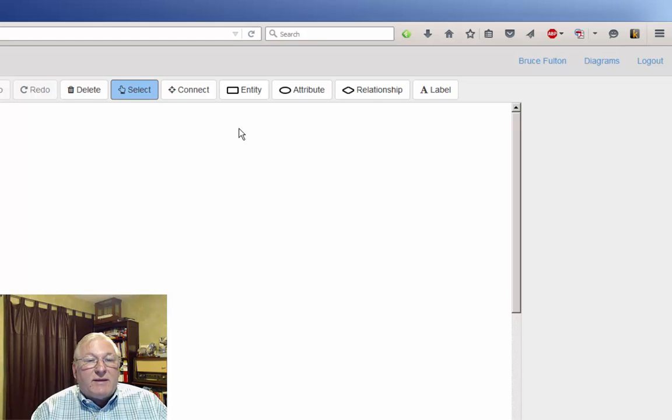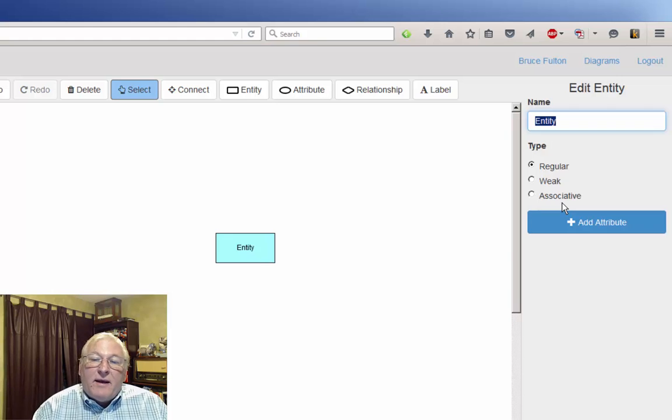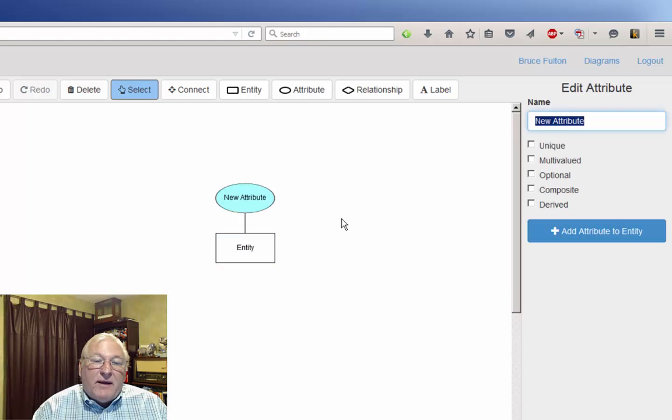So to create an entity, we click the entity button up here, click a spot on the workspace, and that's pretty much all there is to it. We have our choice over here in the table on the right of three types of entities: regular, weak, and associative. And now we need to add attributes. So we click the Add Attribute button over here. It adds the attribute. We'll give it a name. I'm going to call it Student ID,